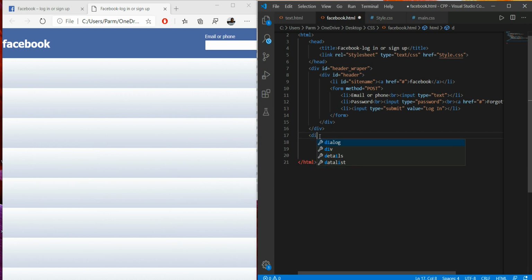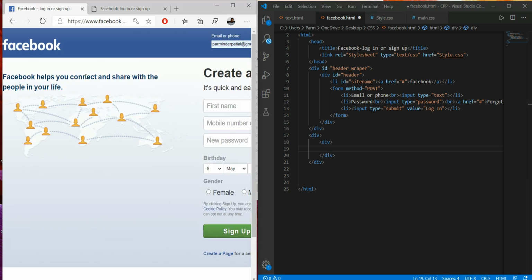take another div. Then within this division I have to take another division, and if I see, this is one division and this is another division within this division. I have to insert this over here. So this I have to write in a paragraph, and this is an image over here.